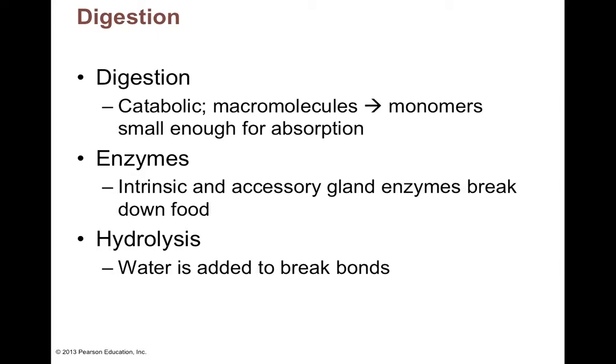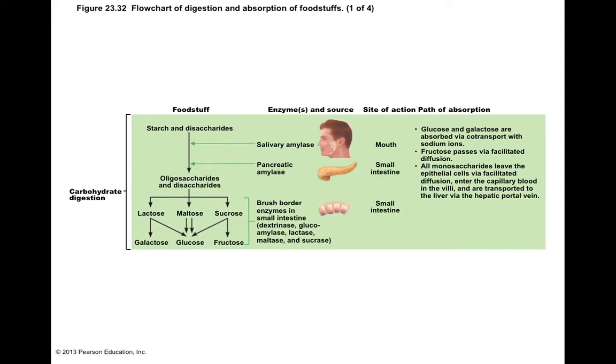So for instance, let's say you eat a peanut butter and jelly sandwich for lunch or something, okay? And there's a lot of sugar in that jelly. Some of that sugar could be in a sort of longer chain of sugars. And so what you'd want then are enzymes that can break that sugar into smaller pieces that you can actually get absorbed across your cell wall, or not cell wall, but plasma membrane rather. Okay. Now we talk about these reactions as being hydrolysis, where you're actually using water to break the chemical bonds between these molecules. Okay. So we're going to first talk about the digestion of sugars here,